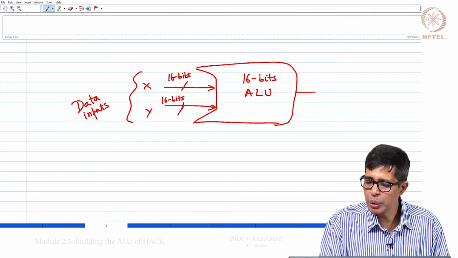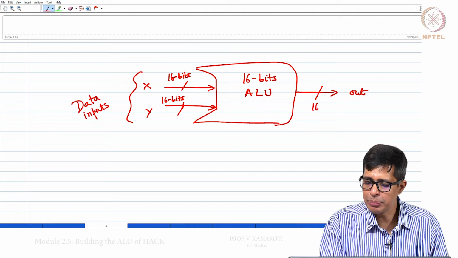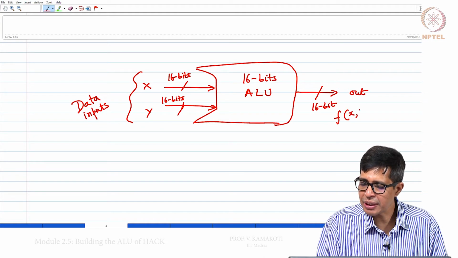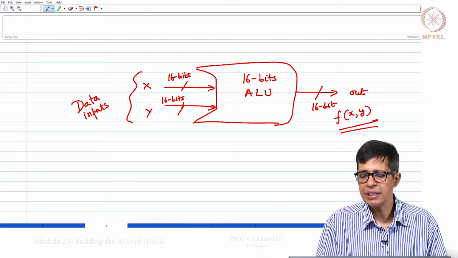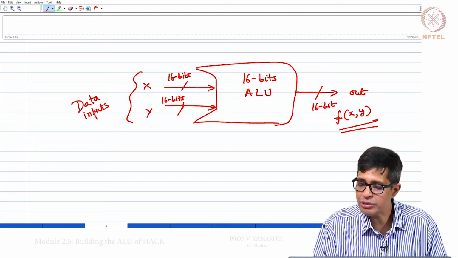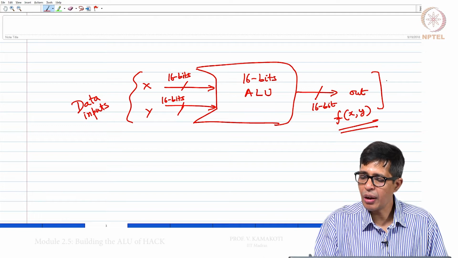And the ALU will output again a 16-bit answer, which will be some function of x comma y. What is that function? Some other inputs will determine what this function f is. This is the data output of the